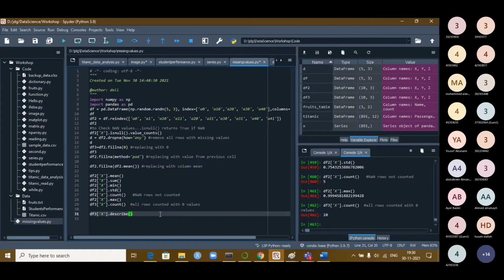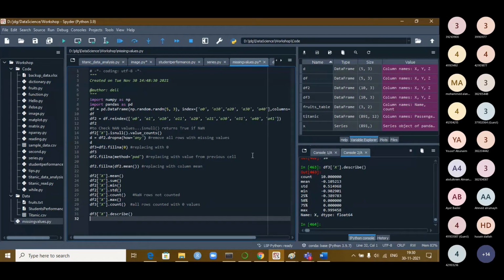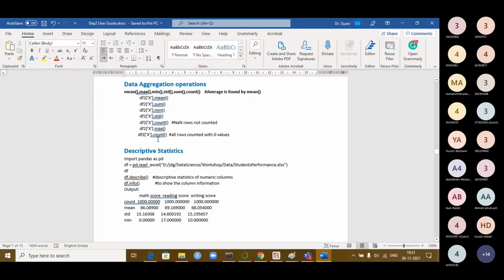Okay. Now if you want to describe some of the statistics, as I already told you, you can use the describe function. There is also a function called info. When I go into some other data set, we will try to use it. So let us execute this line. You see, for this column, I'm describing the statistics: count 10, mean, standard deviation, minimum, 25%, 50%, 75%, maximum. These are available here. I told you already about this one, so let us come to the next point.